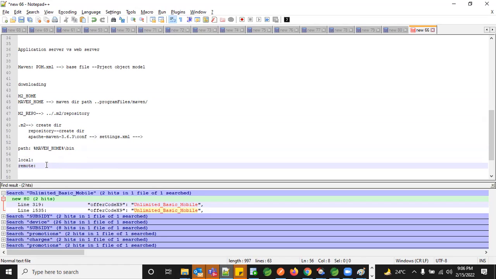They don't need to download every time to the local system, right? We make it available in one common location so that we don't waste memory on these jars.